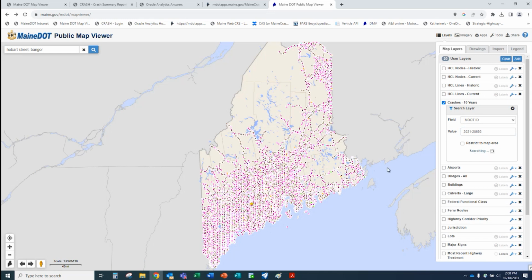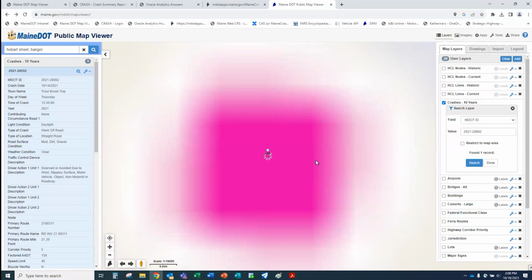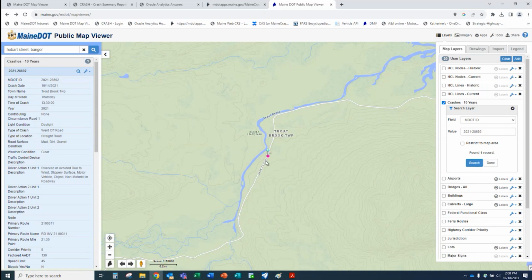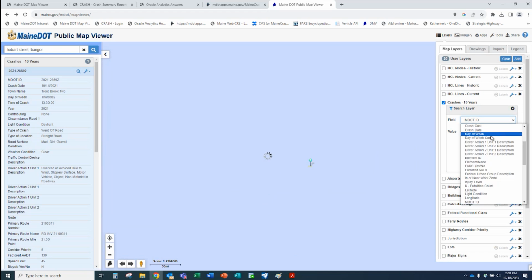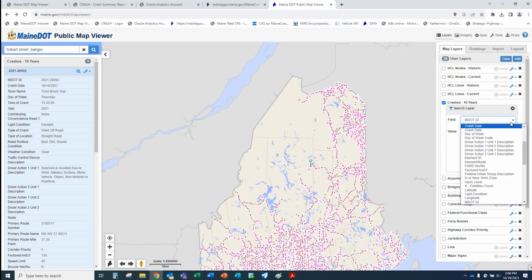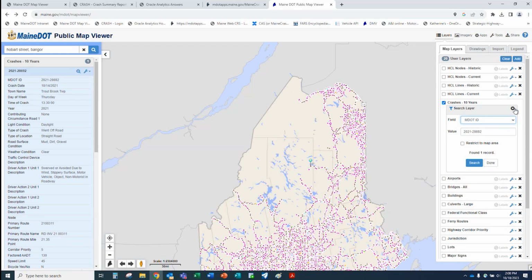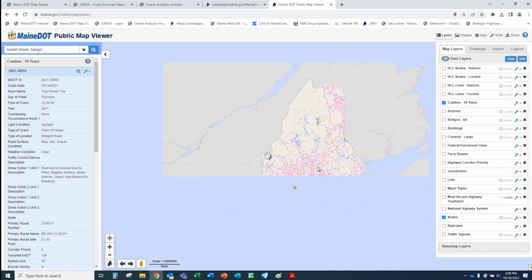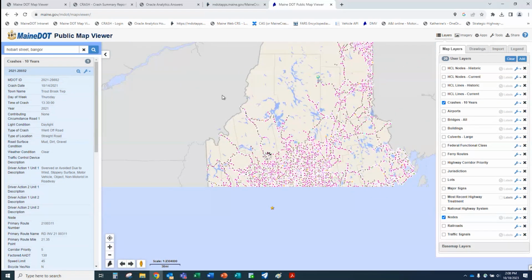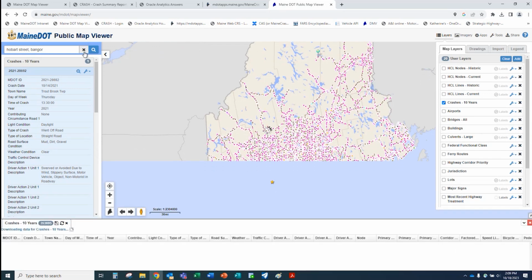All right, and I'm just going to close this out because that had that pinned. Search it. It takes a little time, but boom, it finds that exact same node again. So it takes you there. You can search by most anything on here by knowing the MDOT ID. You can do it by day of the week, but day of the week is going to produce more information for your searches. So the search can be a useful tool. I don't necessarily use it that much, but depending on what you're looking for or whether you want to get specific with information. We're going to come back to the filter data option. Right now, what I want to do is hit the view data.